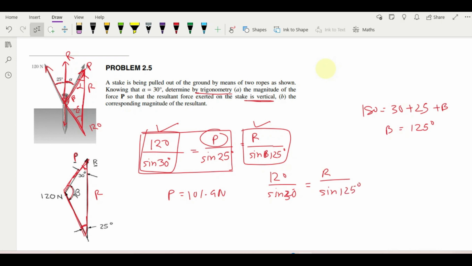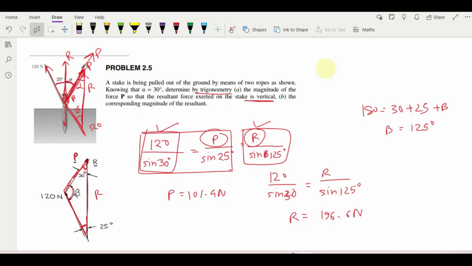We know every value is given here: 120, sine 30 degrees, sine 125 degrees. Just calculate the value of R and it will be 196.6 Newton. So we found the value of force P, and the value of the resultant force